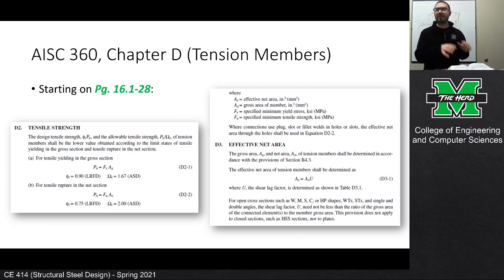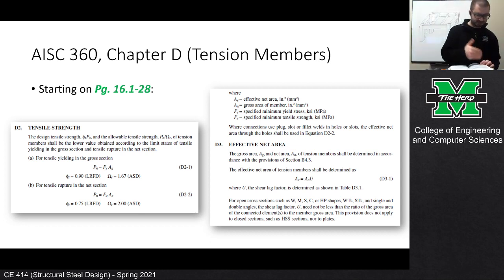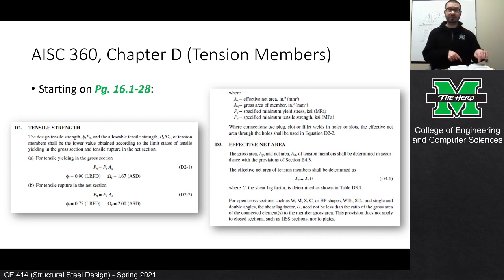Okay, I want to focus on section D2, which is the section on tensile strength. We'll actually go back and talk about section D1 and particularly this user's note in D1 later on. But for today, I want to focus on D2 and D3. Okay, so D2 says that the design tensile strength of tension members shall be the lower value obtained